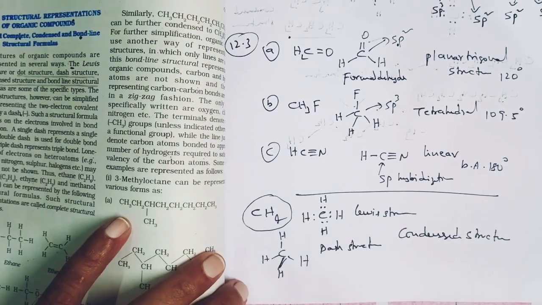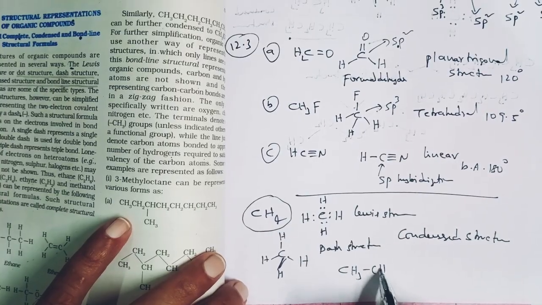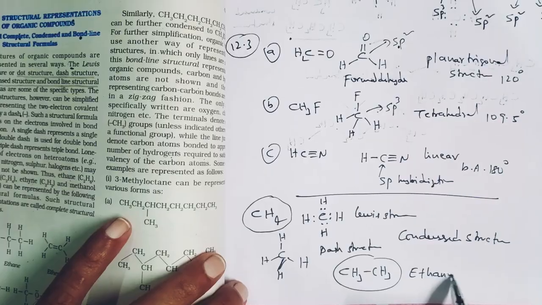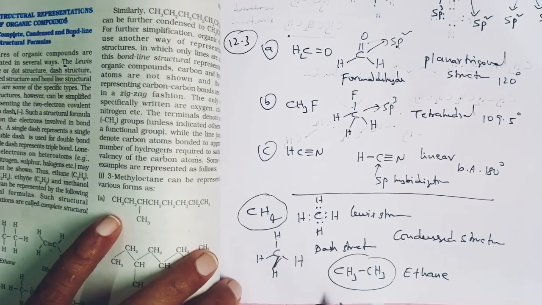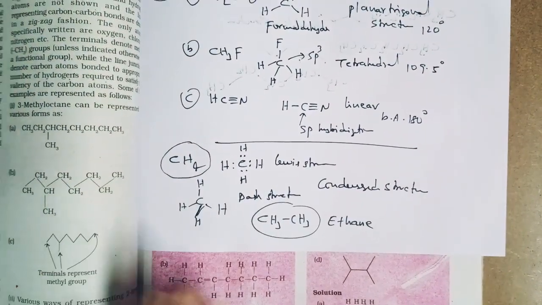Condensed structure. If we have to write a condensed structure for ethane, this is the ethane condensed structure. This is the methane condensed structure. This is the ethane condensed structure. And if we have to write a condensed structure for propane,